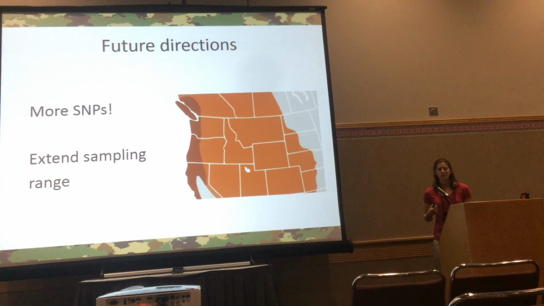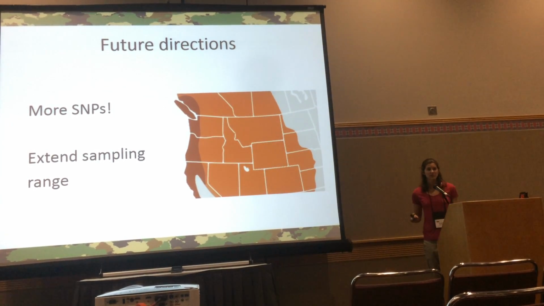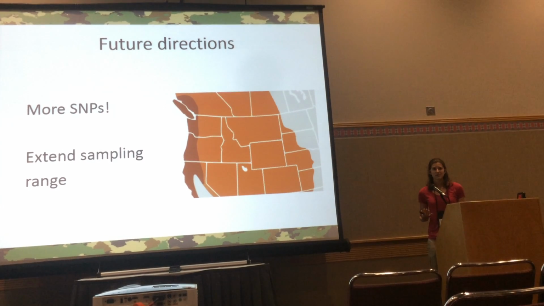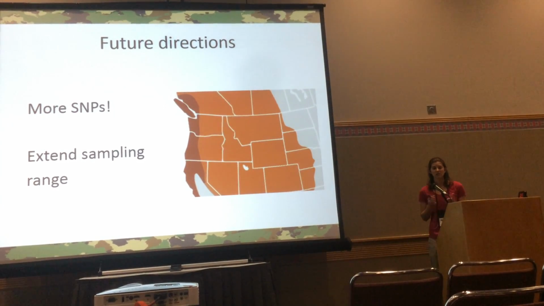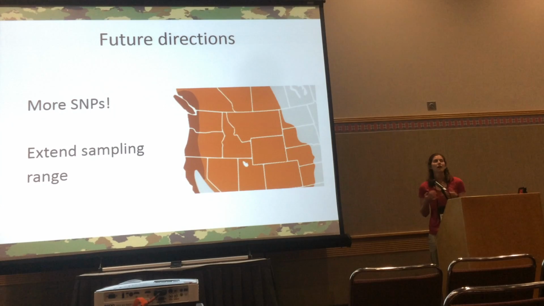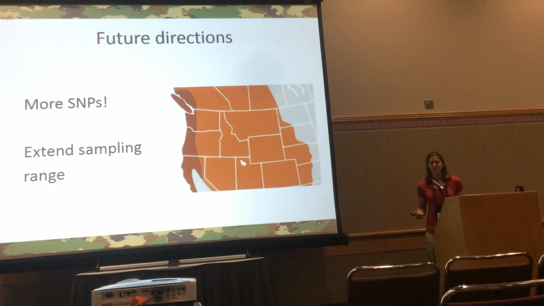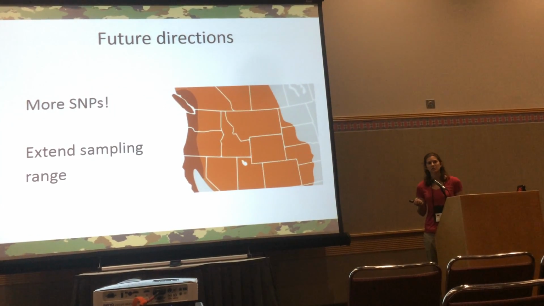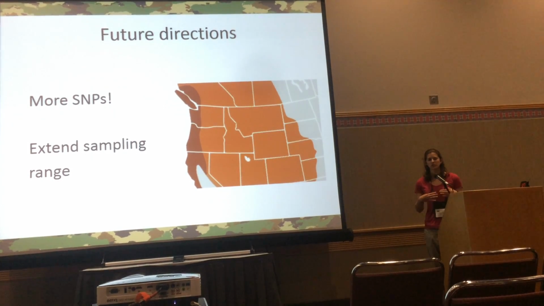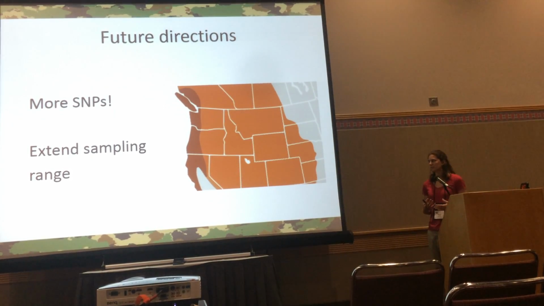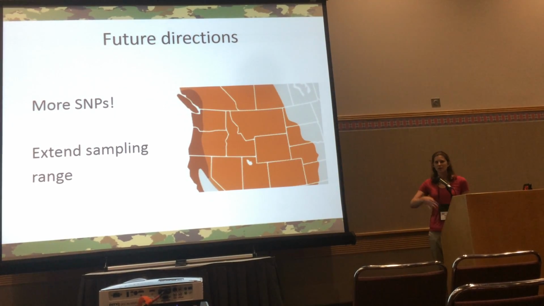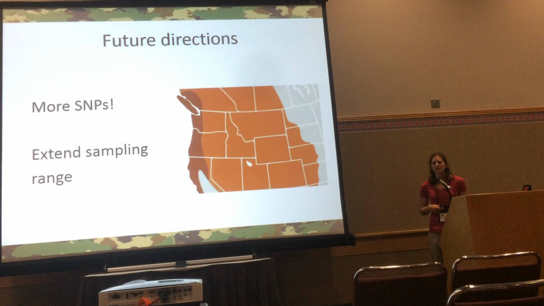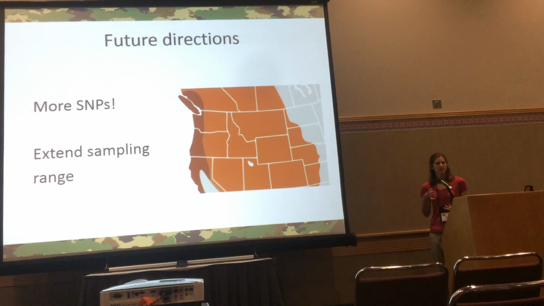So, as with any project, ours could benefit from more SNPs. Due to our limited genomic resources, we only have the capacity to really look at 95. I would love to look at thousands and do a nice RADseq project, and also look at SNPs that have varying mutation rates so that we can look at possible changes in the hybrid swarm over time. And it would also be great to extend our sampling range across the entire point of contact to see what those boundaries of the swarm are.